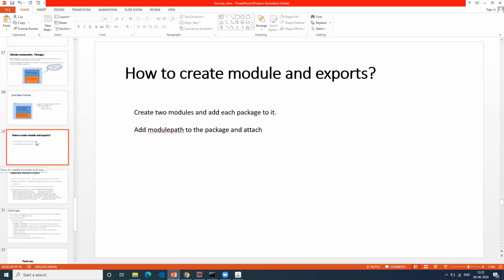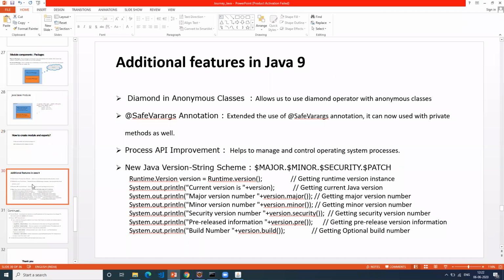Any questions? For an internal module, no need to export anything, right? Internal means? Suppose we have a few modules we want to export to the outside world. Then we need to export them and use the requires syntax. Internal means, let's say you want to use it within your own package. Then you don't have to expose it. Let's say you want to expose some API, then obviously you need to export, and that's where you use it.